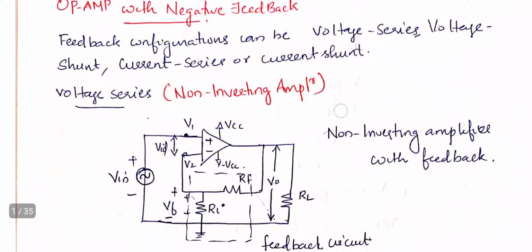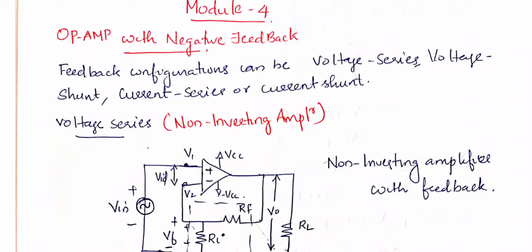Here the first topic is operational amplifier with negative feedback. Op-amp is a short form of operational amplifier. Generally it is used for performing certain mathematical operations like addition, subtraction, integration, differentiation and so on. Later we started using the operational amplifier for more detailed things, like it is used as an oscillator, as a DAC and ADC converter, etc.